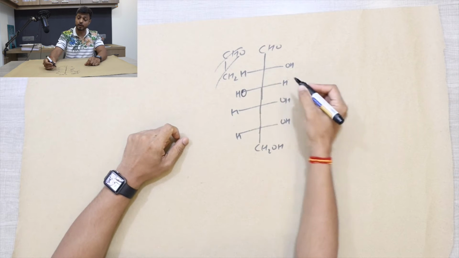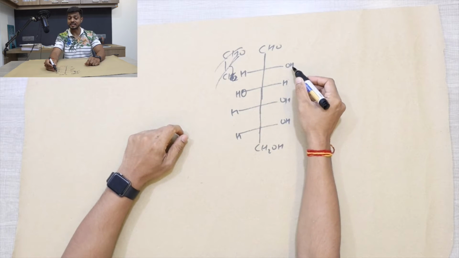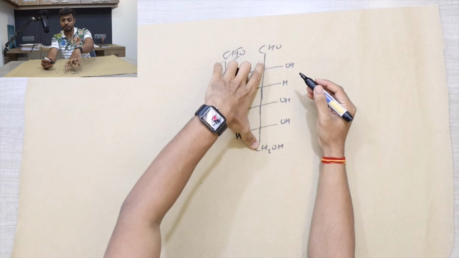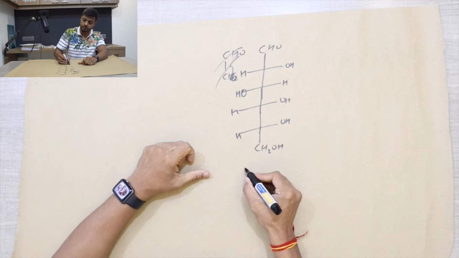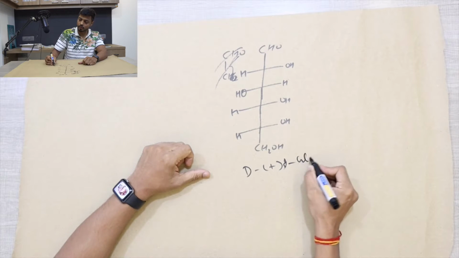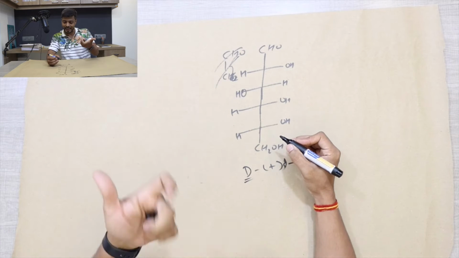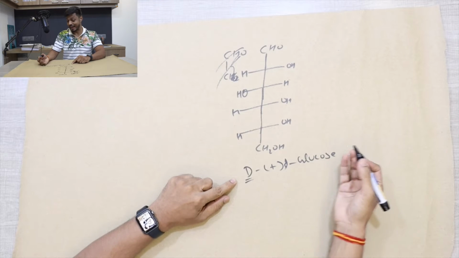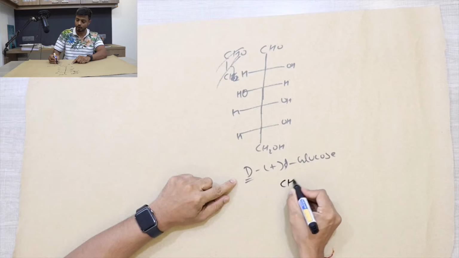The exact reason why this OH is on the right hand side or left hand side, we are not discussing those reactions. So this is the final Fischer projection we got of this molecule, and we call this molecule what? The D positive glucose molecule. So you know that D stands for what? It is in reference to the glyceraldehyde molecule, and positive is because it is dextrorotatory, and glucose is the name of the molecule. And the glyceraldehyde molecule looks like this: